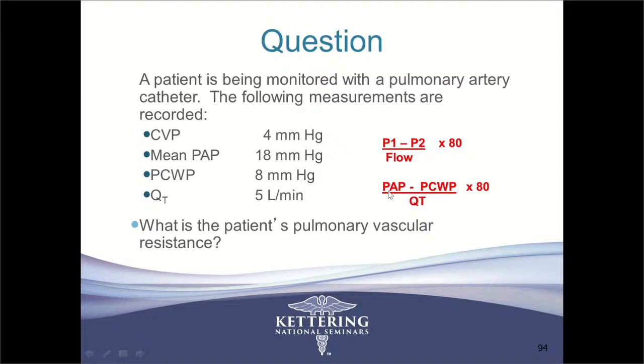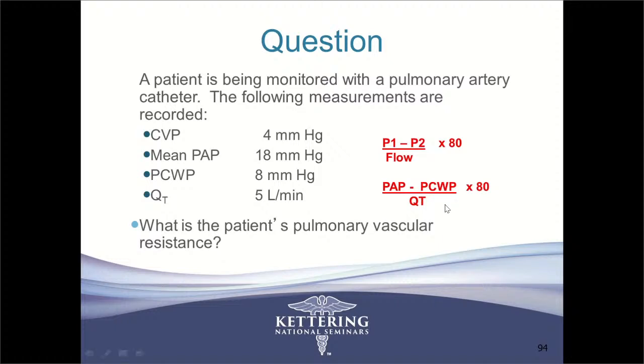That is the pulmonary artery pressure. What's my pulmonary artery pressure? It's 18. Okay, so 18 minus the ending pressure, which is the wedge pressure, which is going back to the left heart. So I take 18, subtract 8, that's 10, right? So I've got 10 up here, and then I'm going to divide that by 5, which is my cardiac output, right? Cardiac output is 5, so 10 divided by 5